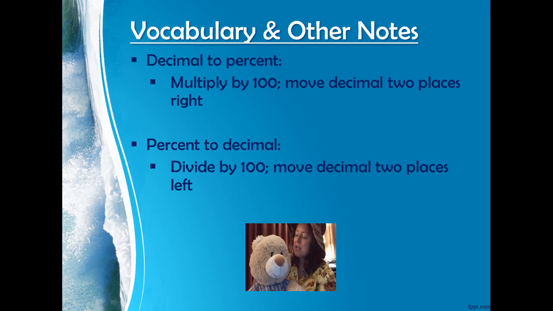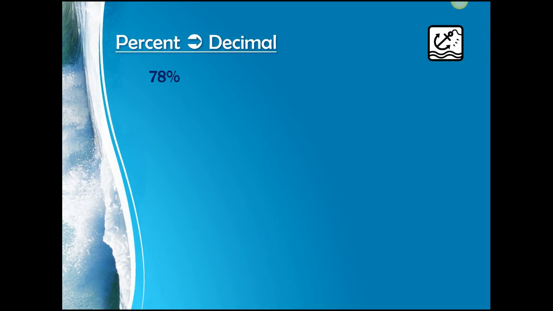Are you ready to try some examples? All right then, let's begin. To go from a percent to a decimal, we apply the definition of percent. A percent is a ratio that compares a number to 100. We can first write the percent over 100. And then in order to turn this into a decimal, we can just look at it and know it's 78